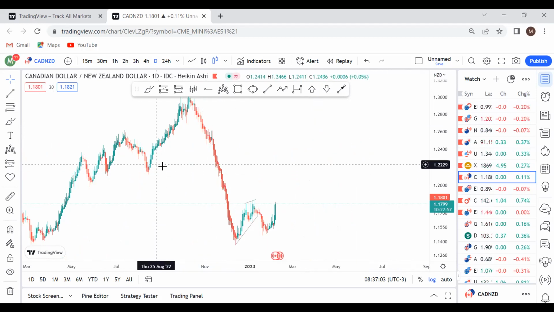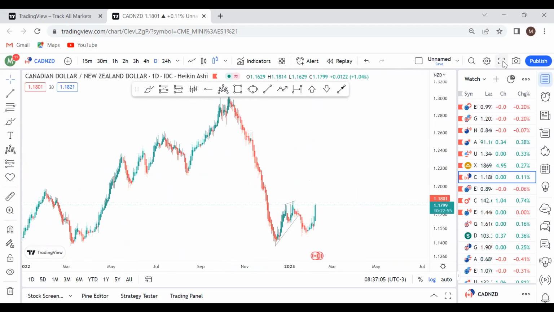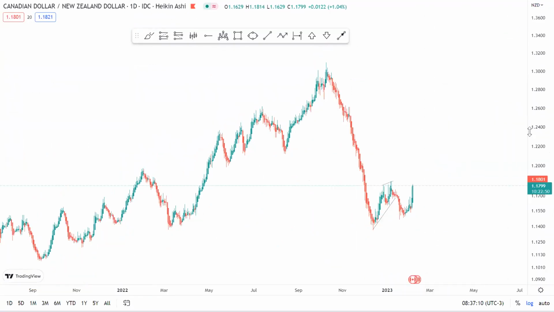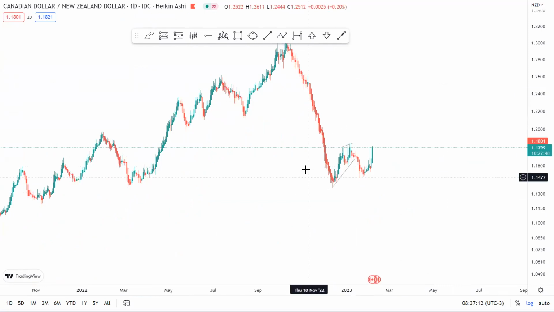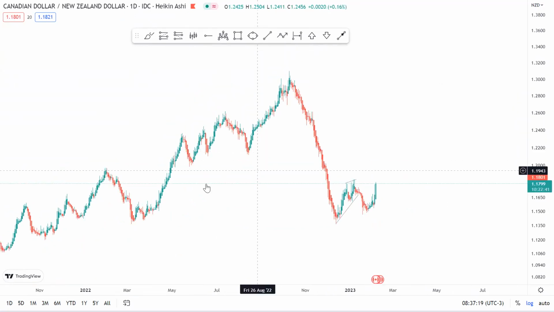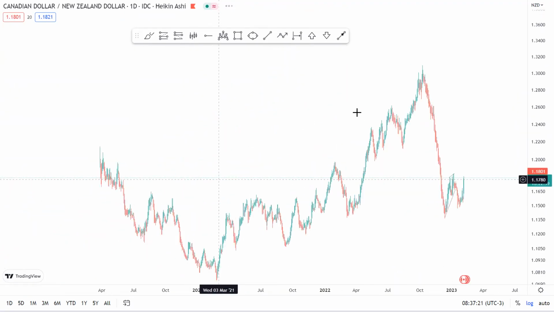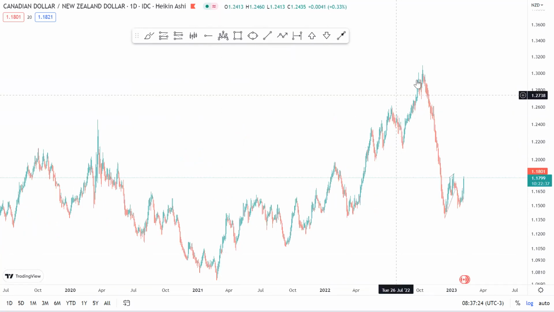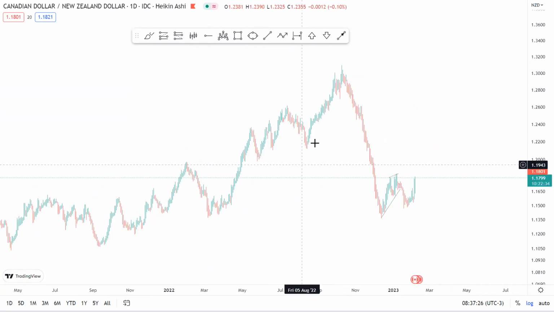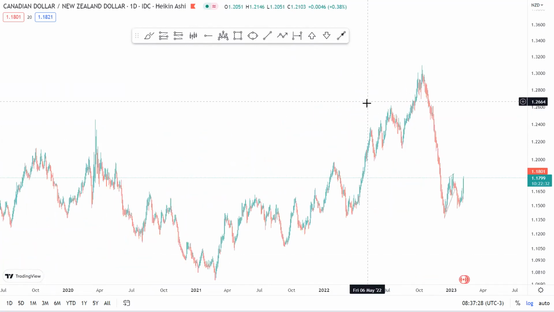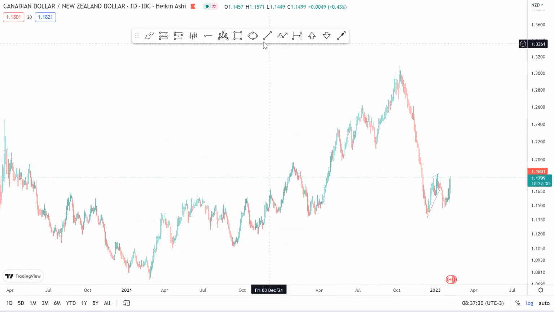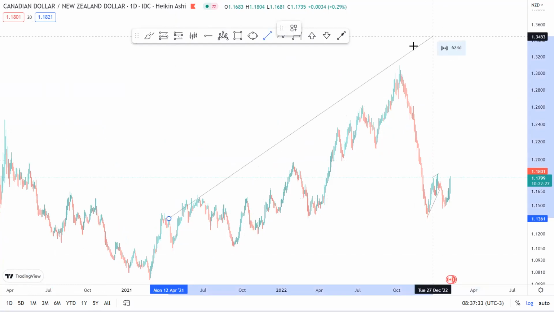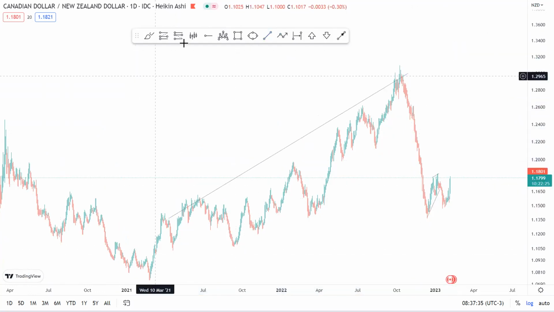And what we have here is the Canadian dollar against the New Zealand dollar. I really just focused on the smaller time frames with this one. I didn't really wanna scale up to the daily time frame and have to analyze all of this. But you really can if you want to. It's really simple. You can literally see this is an ascending structure,